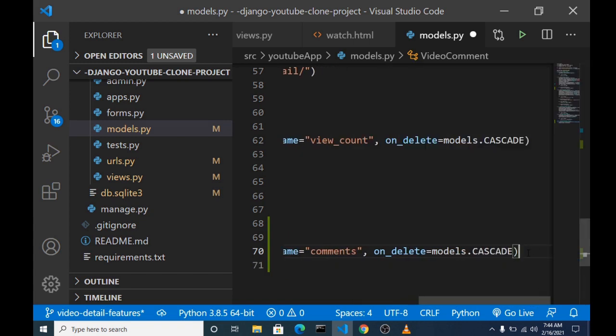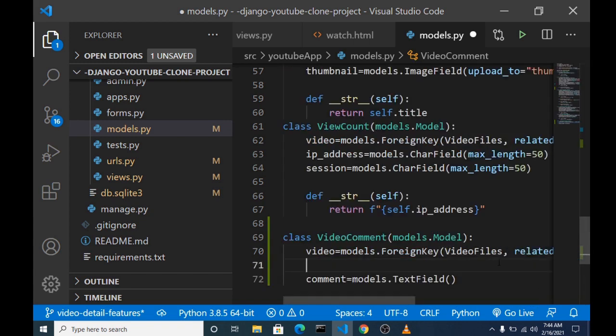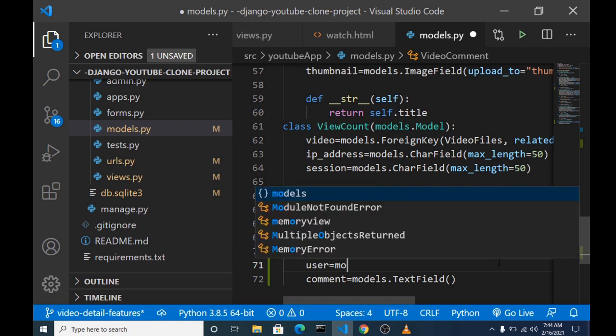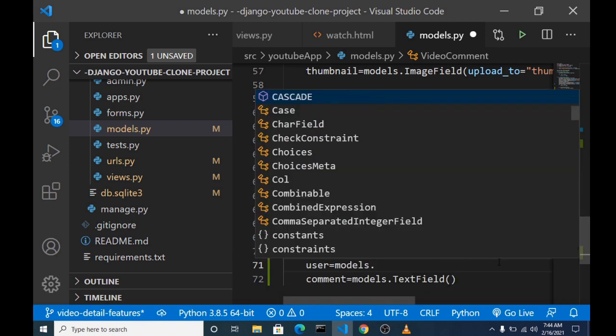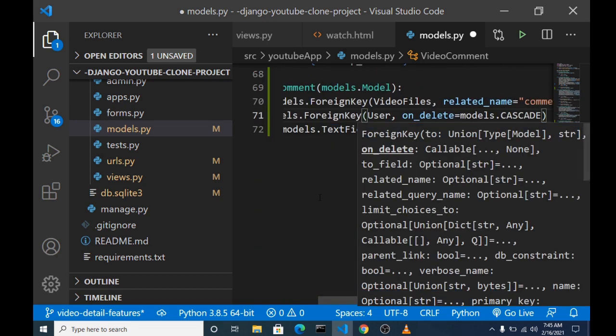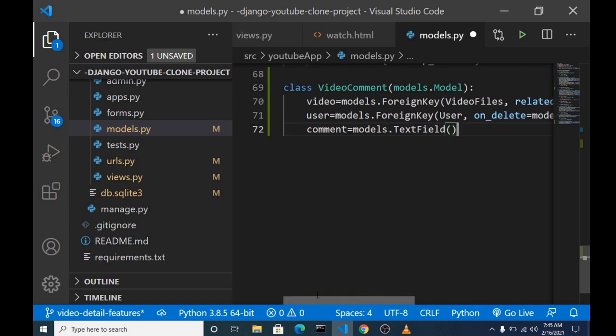That's for that. And also we need the user that is creating the comment. We're going to say the user, also model dot foreign key. Okay, those are the 3 fields. And lastly, we should have the timestamp here, when the comment was created, so we can say created at.